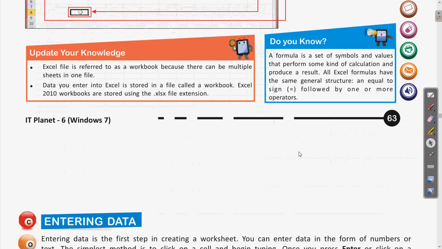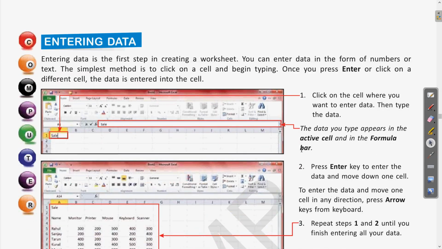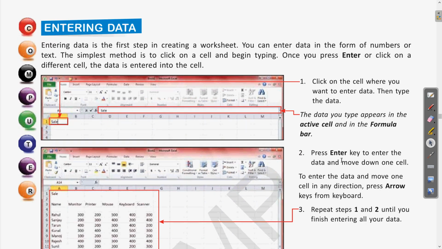Okay, then next is entering data. Now we will see how we can enter data in any Excel sheet. Entering data is the first step in creating a worksheet. You can enter data in the form of numbers or text. Clear?